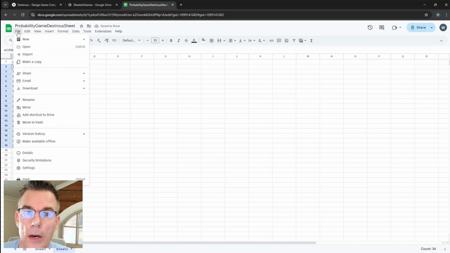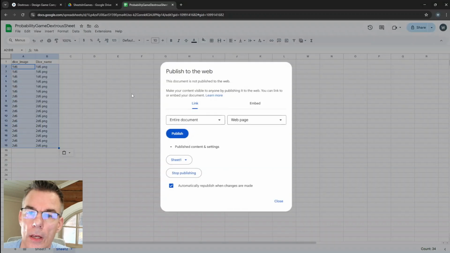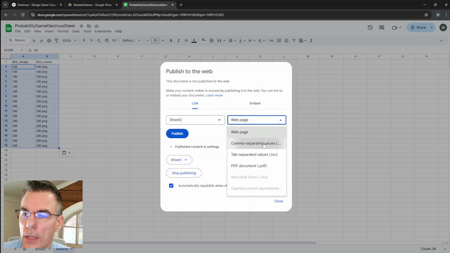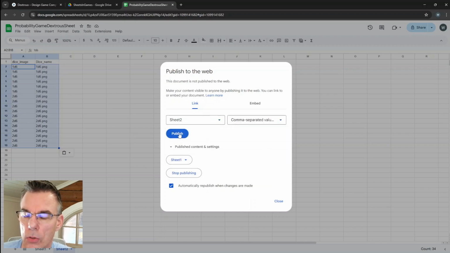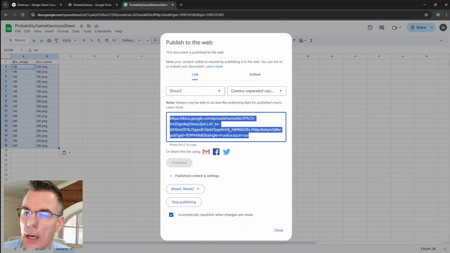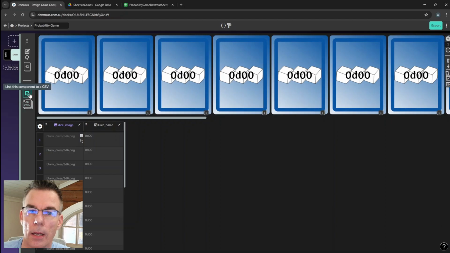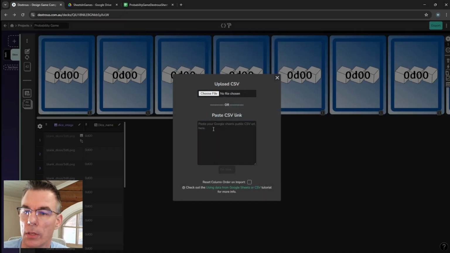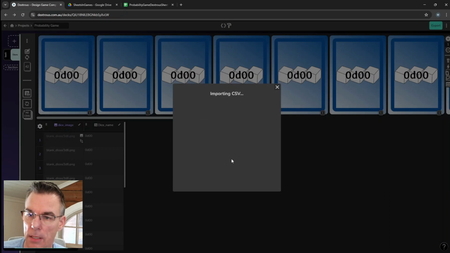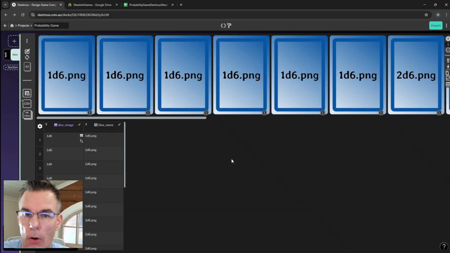And then I need to also publish this sheet 2 as comma separated values, publish. Yes, I want to do that. And copy paste this link here, and then link component to CSV, add it here, and so import data. Yes, I'm sure I want to replace everything. Okay,